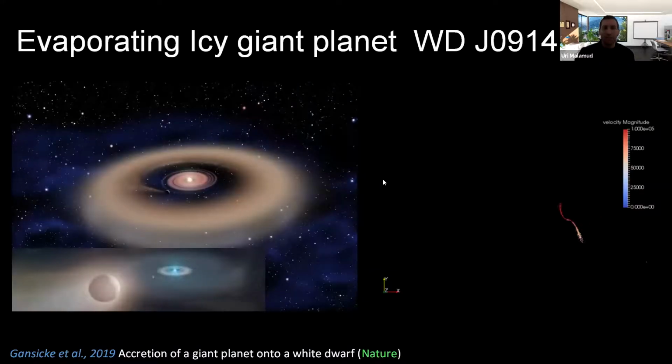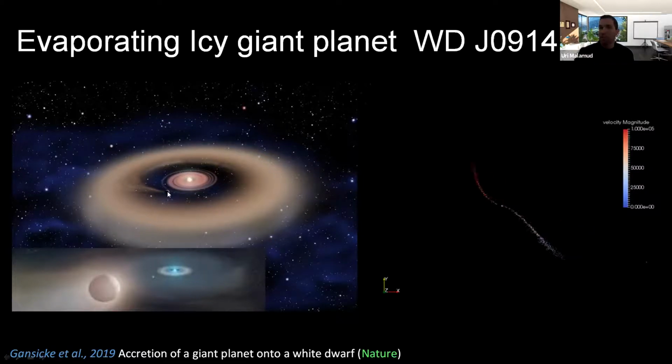Last year, there was another important paper about the first white dwarf disk that actually has gas, but not infrared, but not dust. So it's a very unique disk. And again, the interpretation here, this disk has lines from gas, but also from oxygen and sulfur. So the authors of this paper think that this could be something like an icy giant, like Uranus or Neptune, that's very close to the white dwarf.